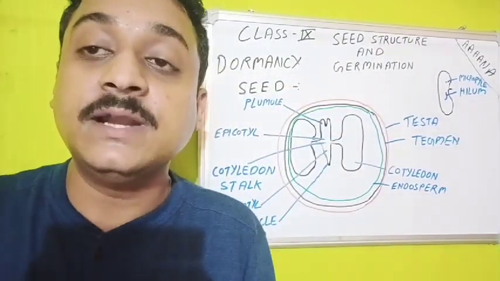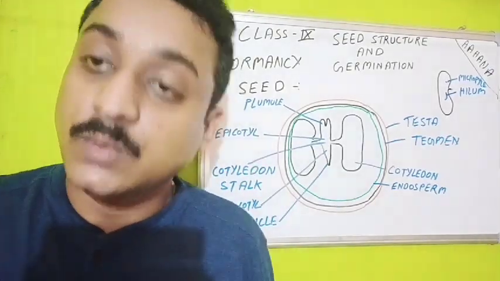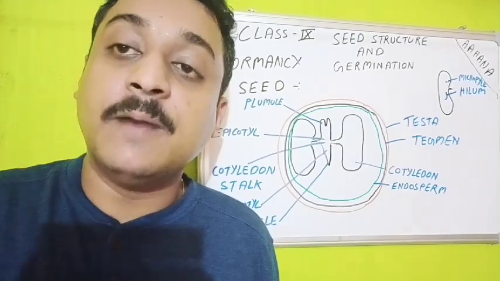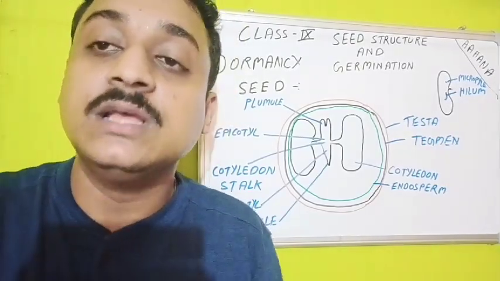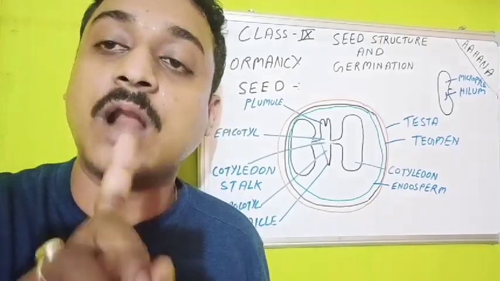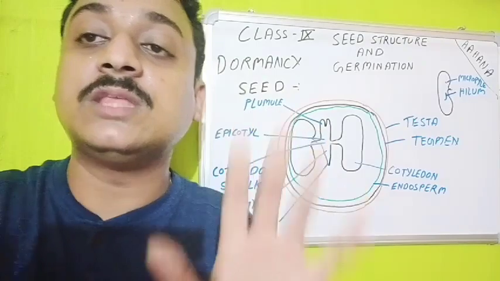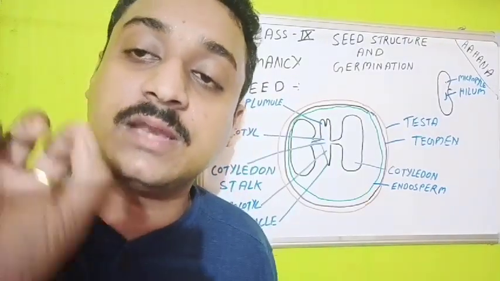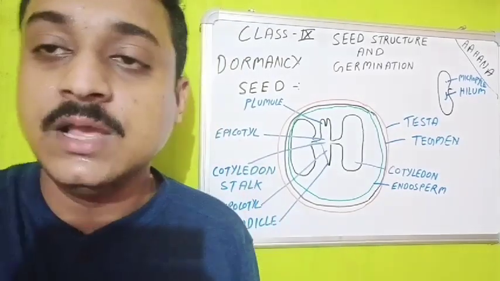Means dormancy period is the period, achieved by the seed, so as to avoid the adverse weather conditions. When the seed is facing adverse weather condition, it will not germinate. It will rather continue in a dormancy stage where the seed will not do anything. Only some small metabolic reactions will be going on inside the seed. So I hope you can understand this.